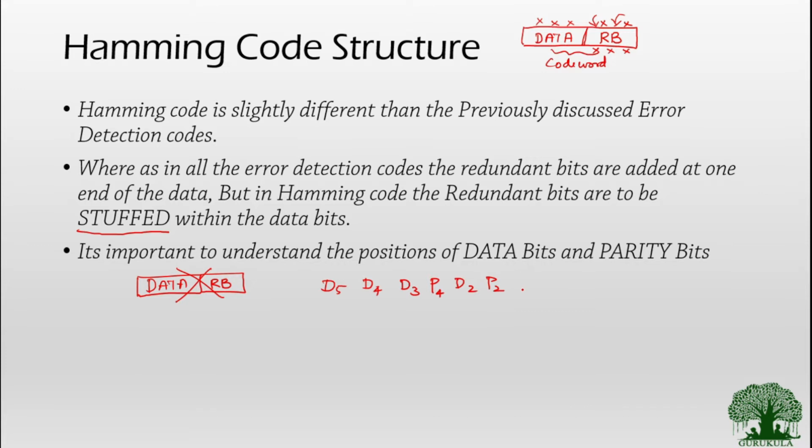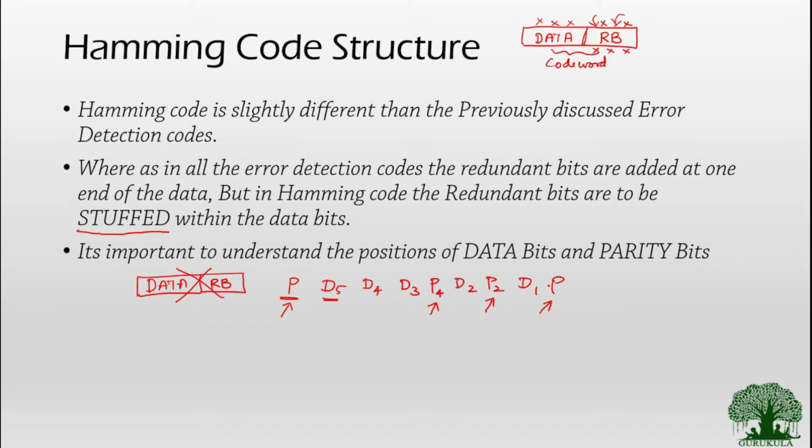Forget about the number, I am just putting it as an example. As you can see, P represents the parity bit and D represents the data bit, and the parity bits are stuffed inside the data bits. Correct, so that is the key difference we are first going to follow in the Hamming code